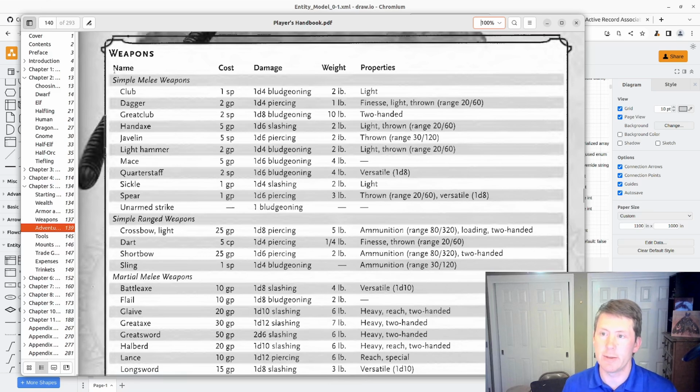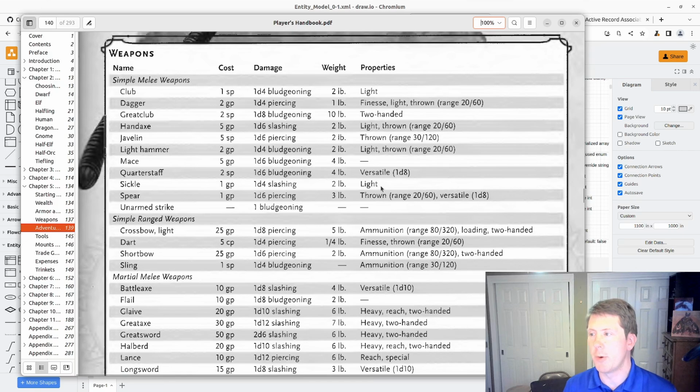So you've got the name, the category, simple or martial, and then melee or ranged. Those are all combinations of properties. Damage, you've got your damage die and number of dice, damage type, weight, base cost,